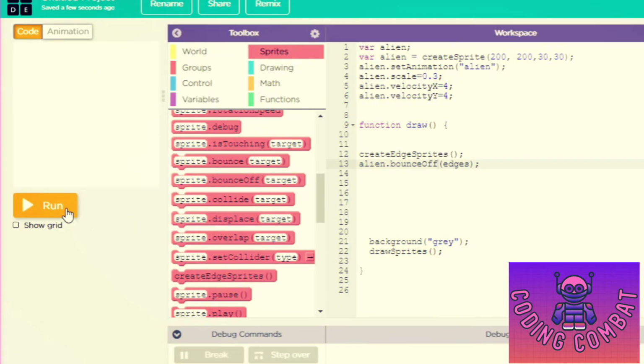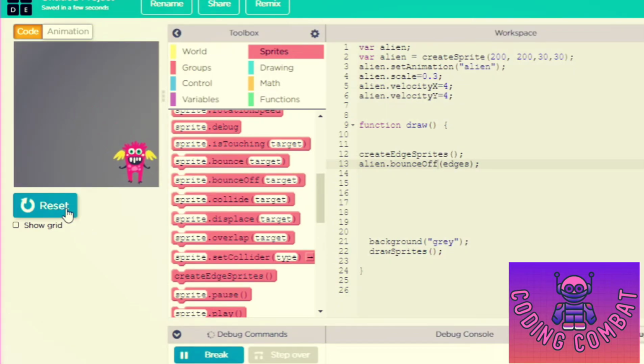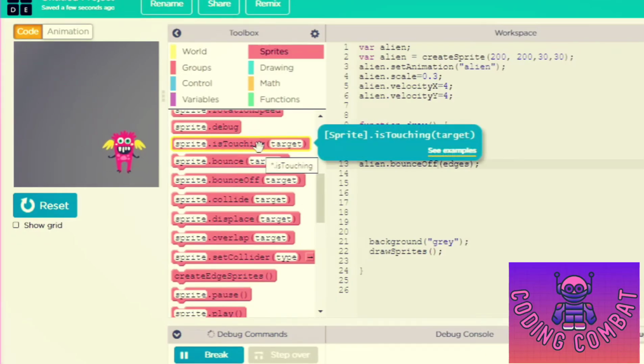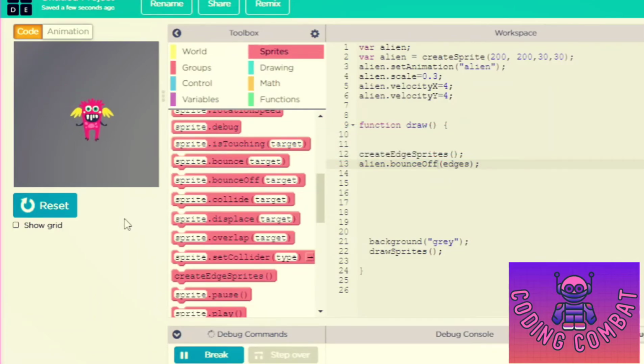Now you can see that the animated object touches the edge and it moves backward. It is like bouncing from edge to edge. Now the animated object is not moving out, but it is also bouncing. So that's the difference between the bounce and bounceOff functions. So this is how you can create the edges so that the animated object will not move out of the canvas.